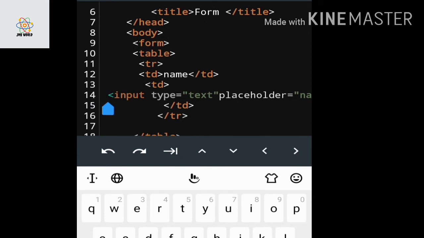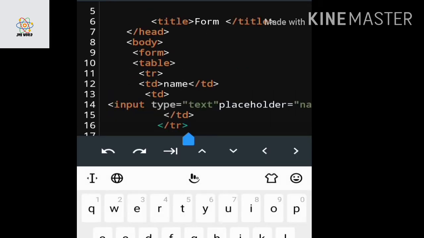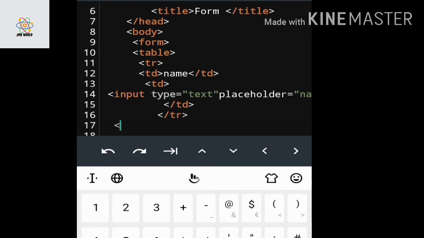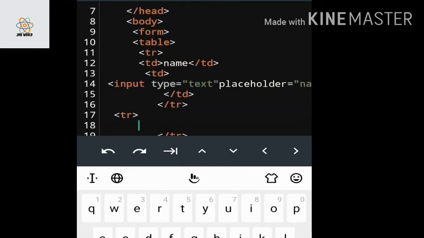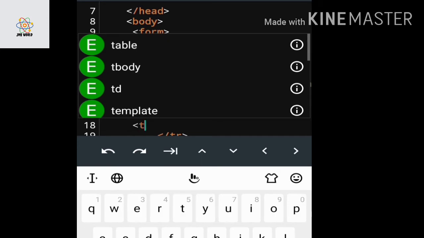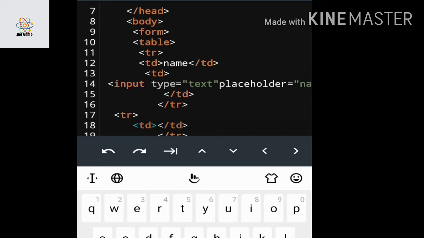Next I have to enter the password, so I have to give the next row. Say for example my next row is tr. Within this tr I have to give td again, repeating the process. Here I give the password value.